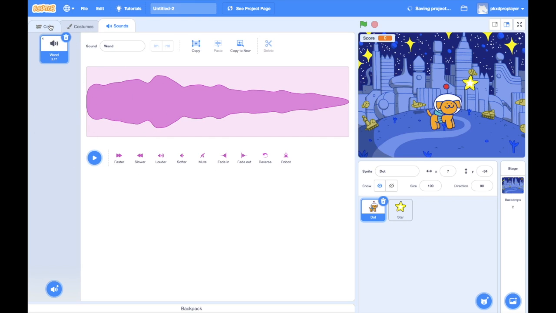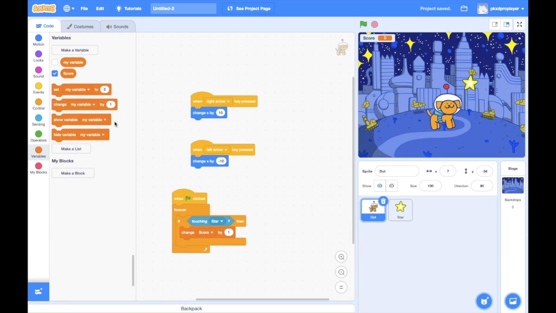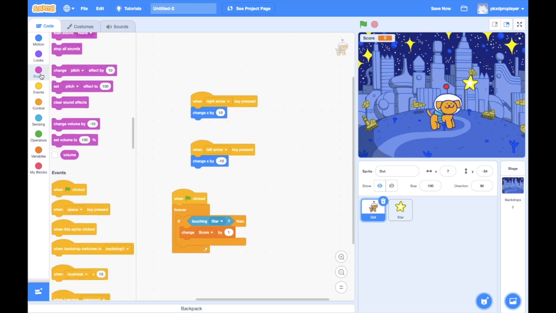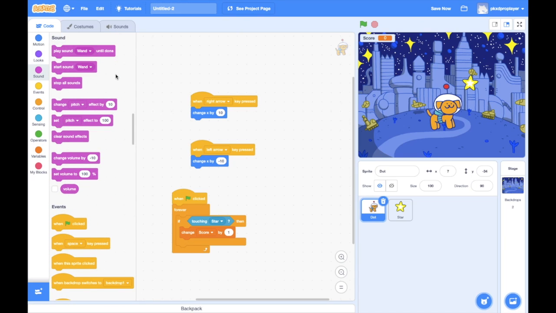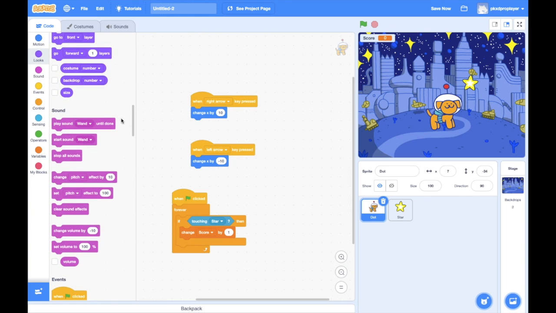Now go back to code and there select sound. In sound, go to play sound until done. Okay, and drag it right below change score by 1. Now then choose star or whatever the sprite you chose